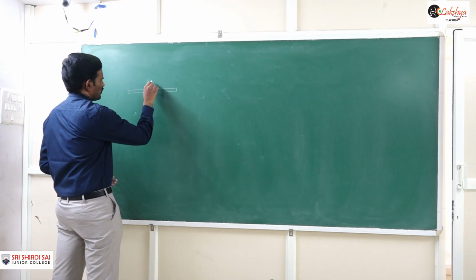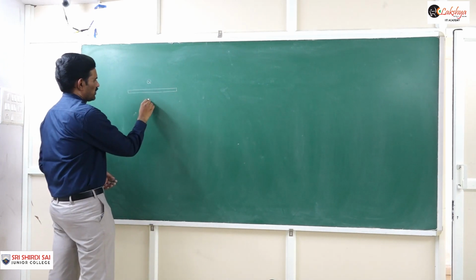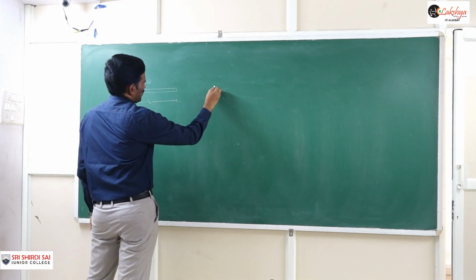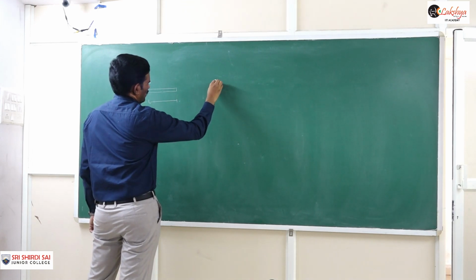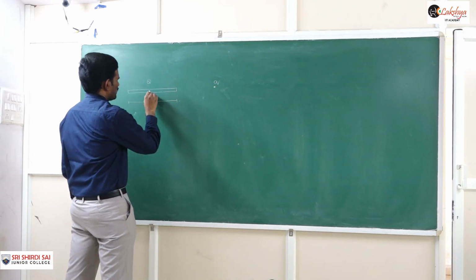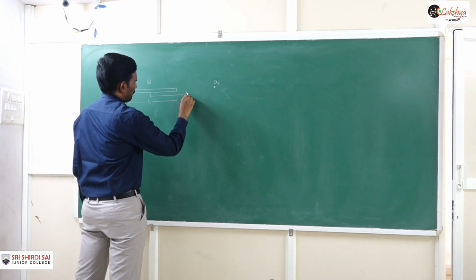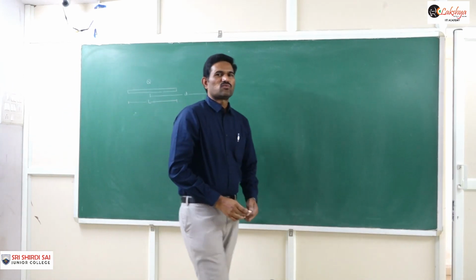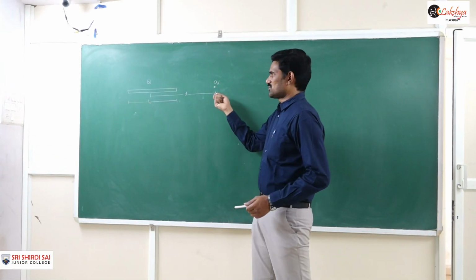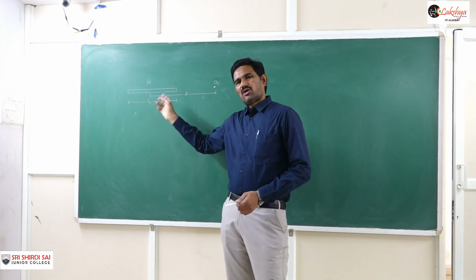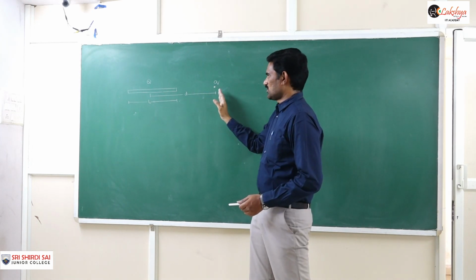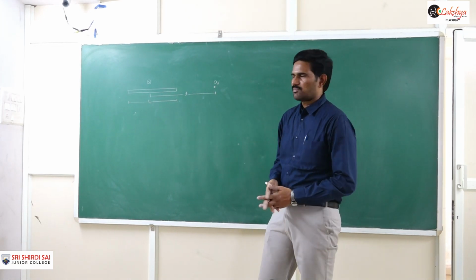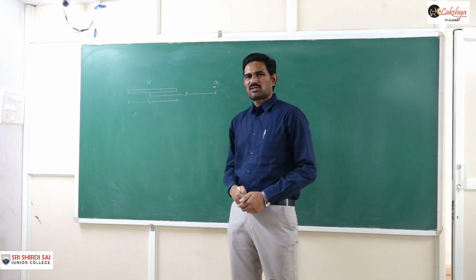Charge Q is distributed on this rod uniformly. This is a rod of length L. Now a point charge small q is placed here, say at a distance of d from the center of the rod. So now we need to find the force acting on this point charge due to the rod, or we may calculate the force acting on this rod due to this point charge, because we know that Coulomb force is an action and reaction pair. So force acting on any one of these objects we can calculate here.